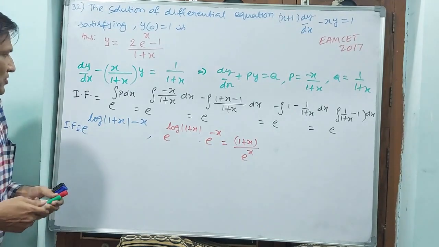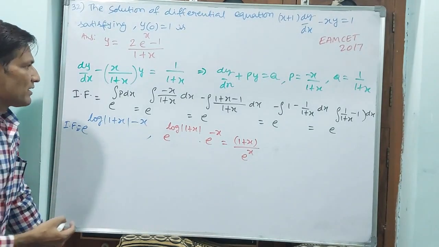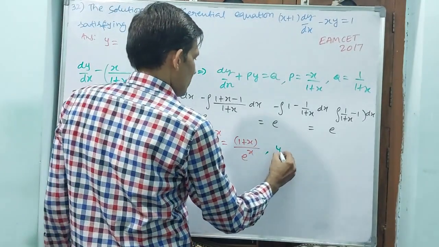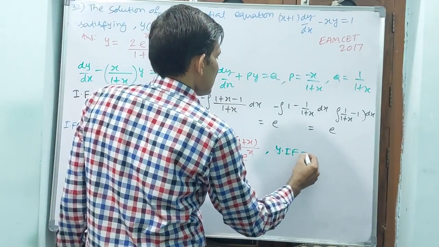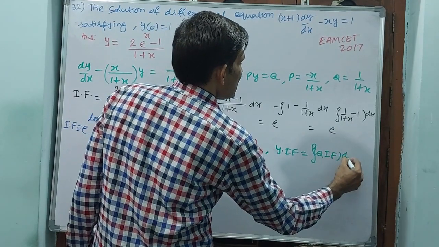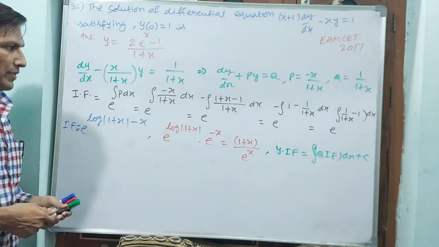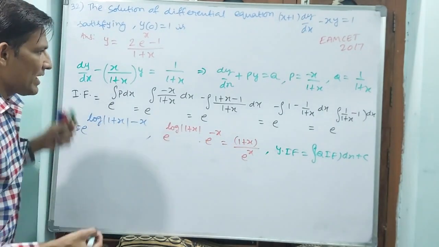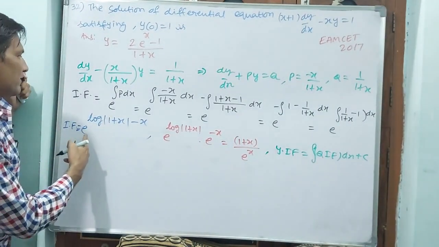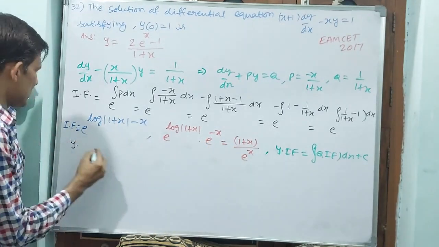Now I have to change color. Okay. Now again I am writing. You see, y into integral factor. That formula I will write here. Y into integral factor is equal to q into integral factor dx plus c. Okay. Now write down y only into integral factor. Integral factor is how much? This one. 1 plus x by